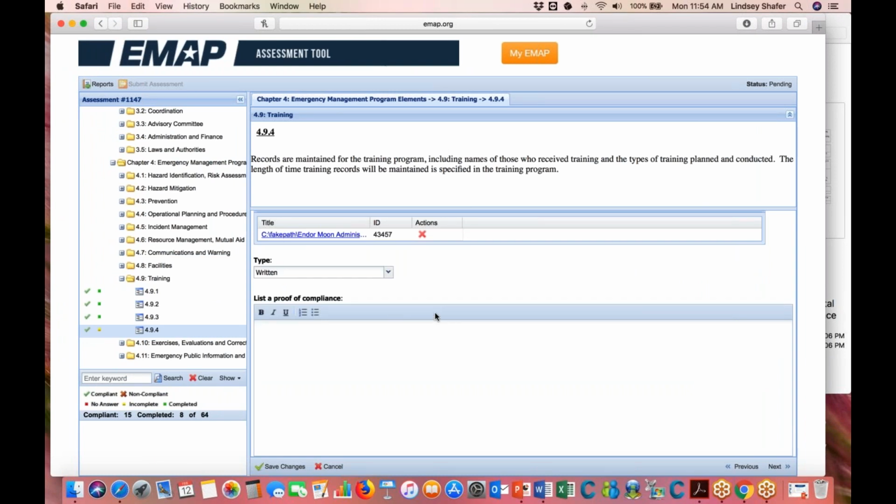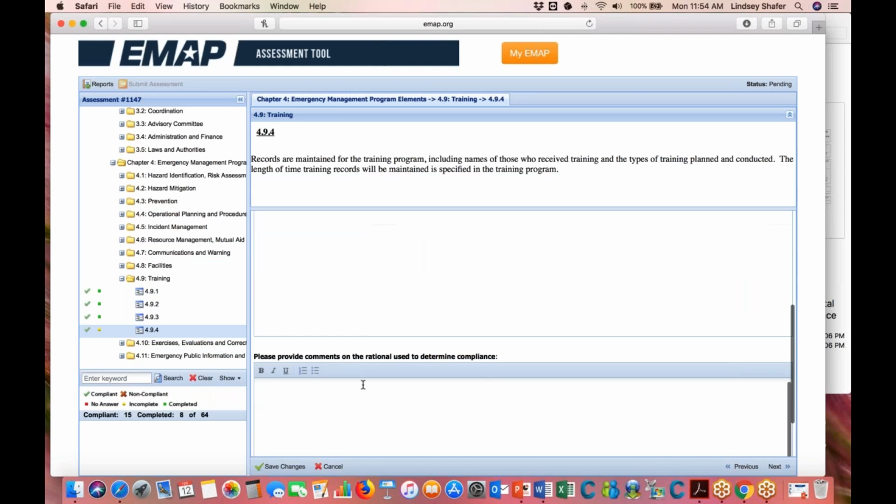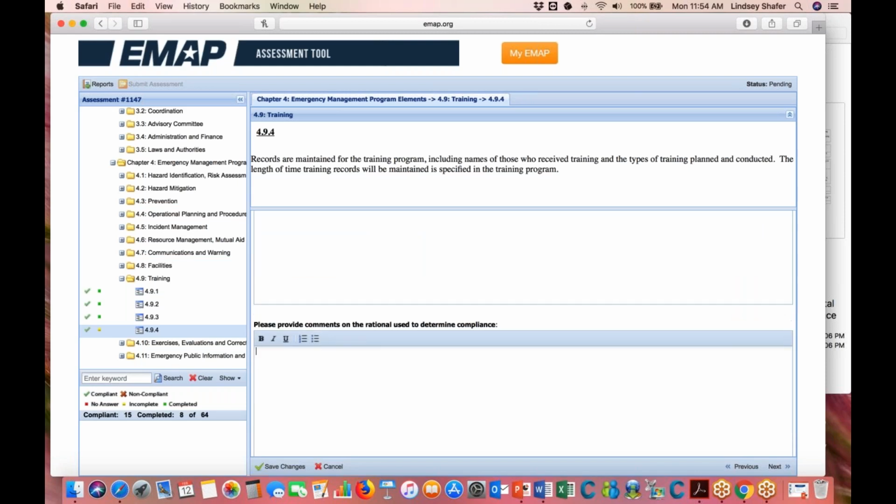So I want to list the proof of compliance. So it's the Endor Moon Administrative Policy 157. There's more to that title. And then really, what's my rationale at this point? So how does this demonstrate compliance with the second sentence of 494? So the Endor Moon